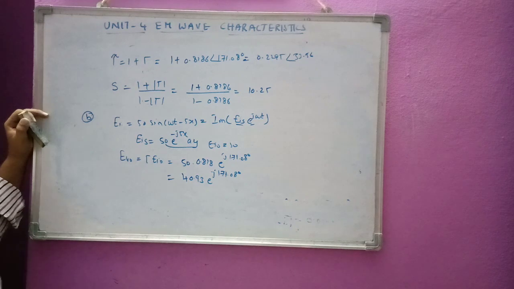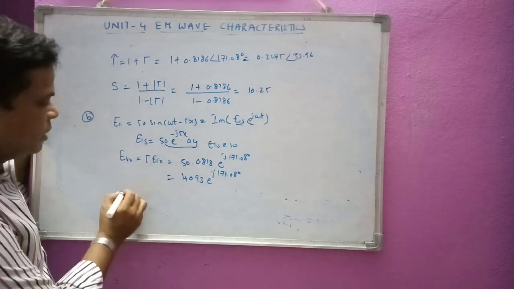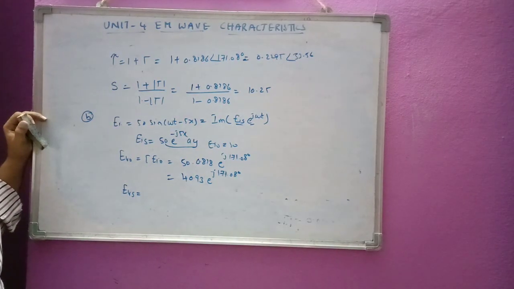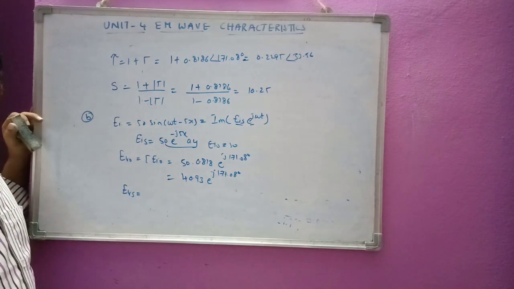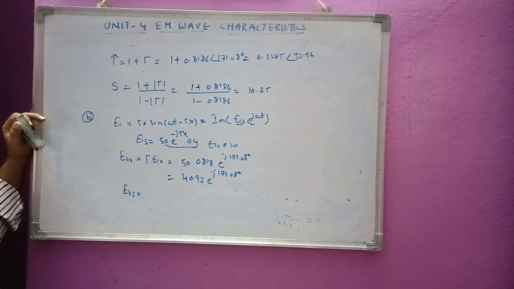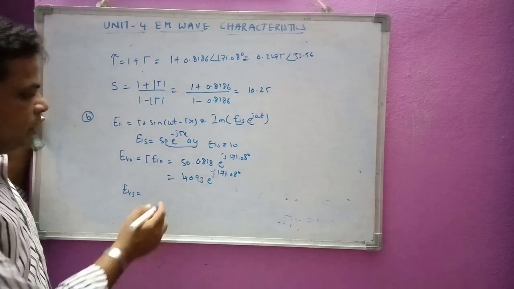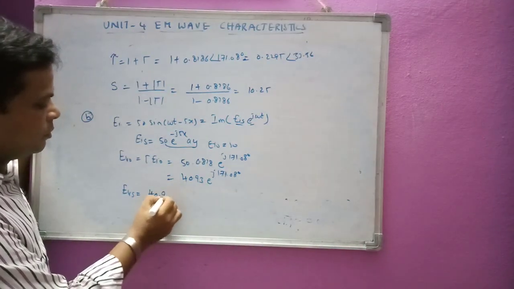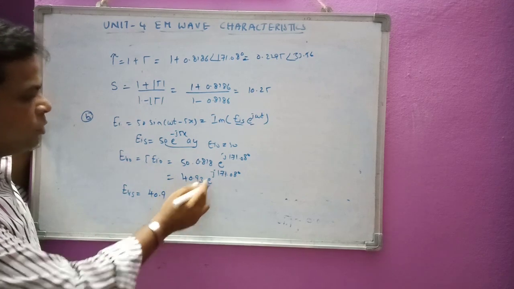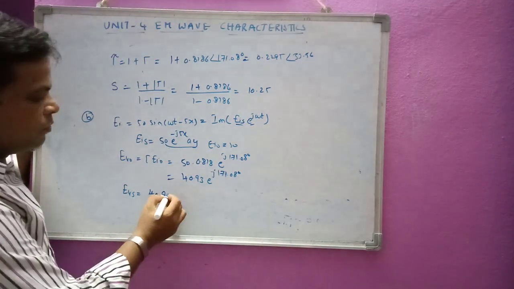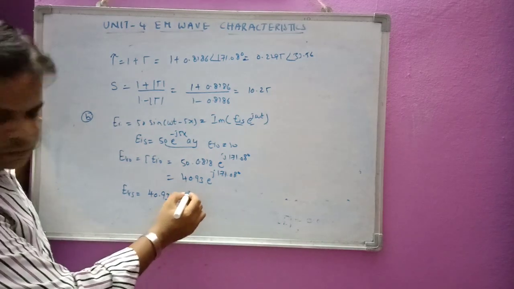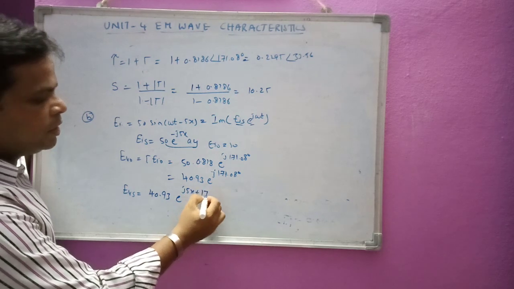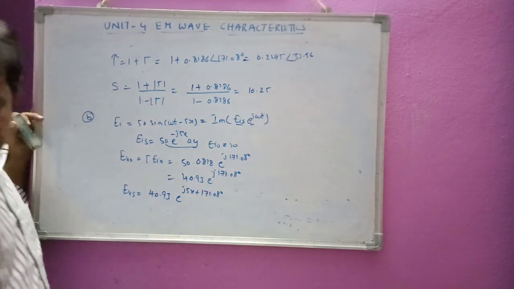Okay, similarly I can write here as ERS value. ERS is equal to, the reflected field will be the value of addition of these two, incident as well as reflected here. So we have got 40.93, that is ER0. Okay, ER0 into this one. Okay, ER0, that is 40.93 e power j phi x plus this value 171.08 degrees. Okay, so this is the value.